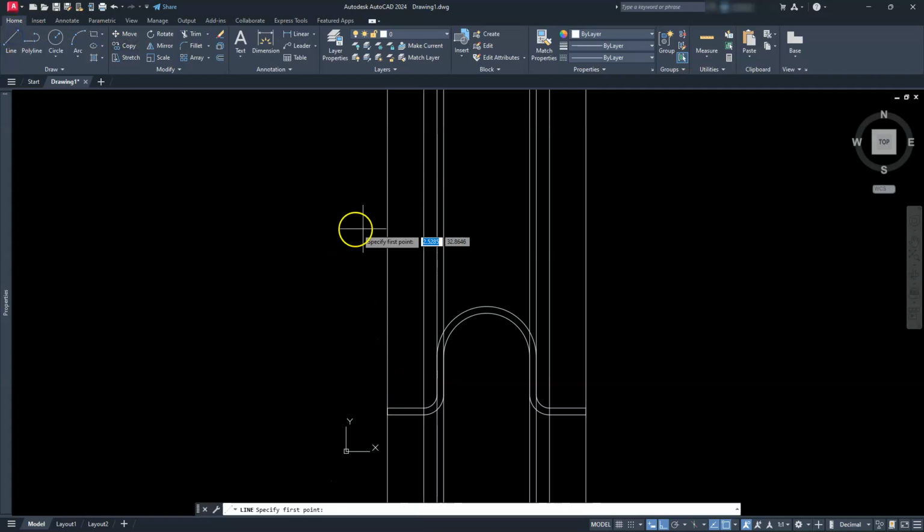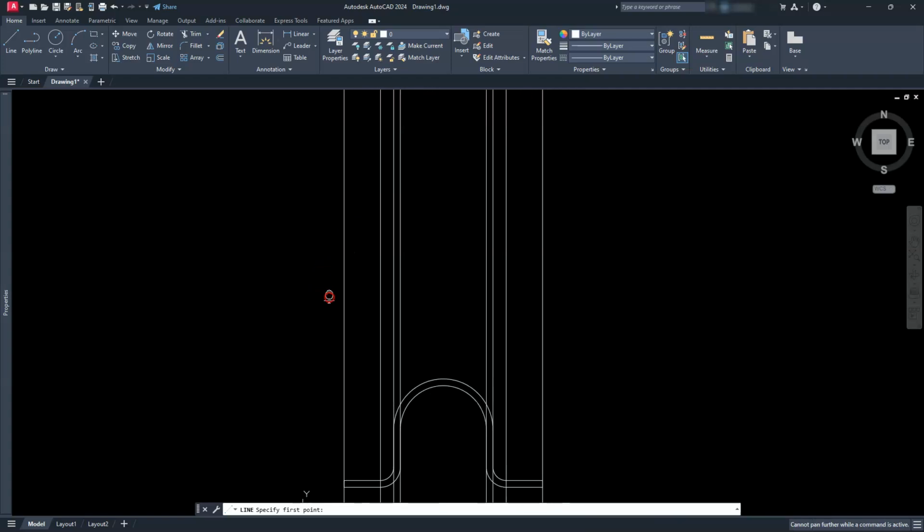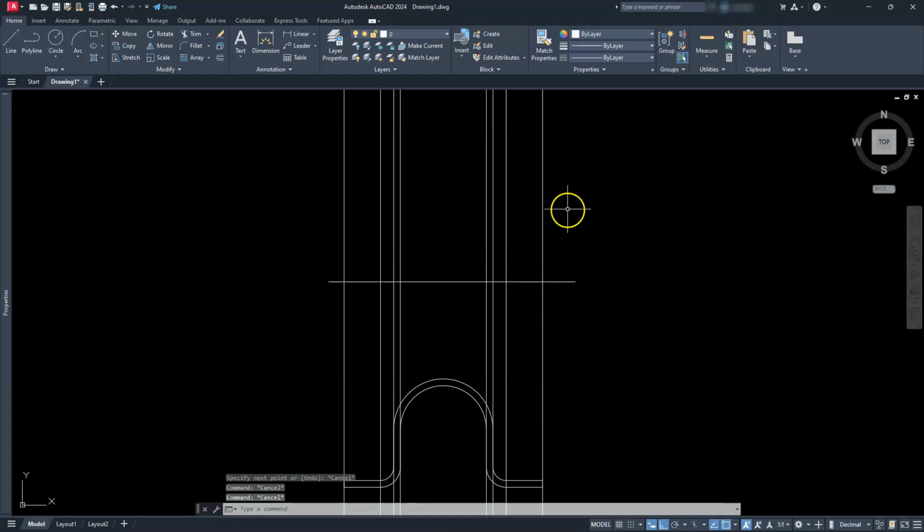Let's draw a line going straight across here. Let me give myself a little bit more room. Just draw a line, maybe about, yeah, that looks good to me. All right. The offset thickness of this is going to be 6. So I'm just going to offset 6, enter, and I'm going to go ahead and select this line here and